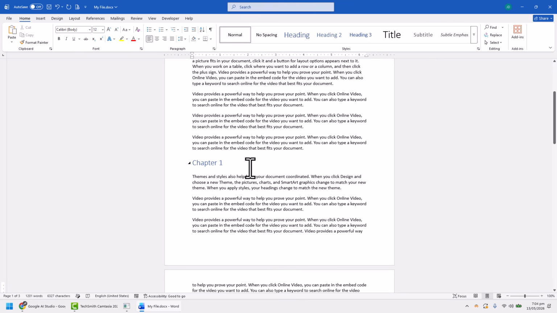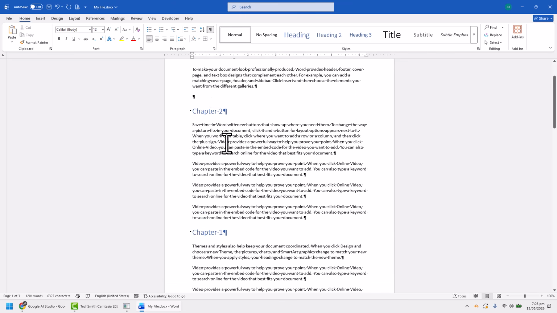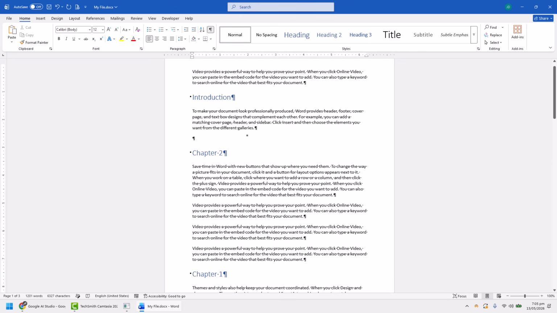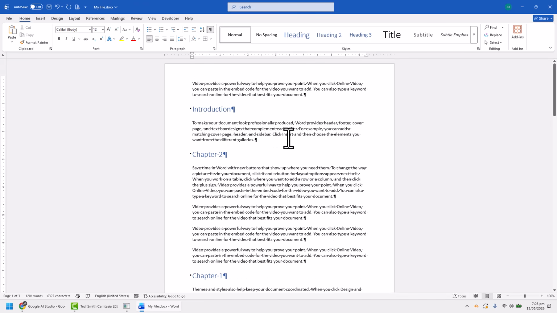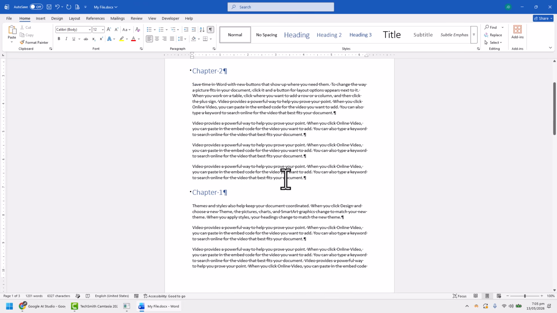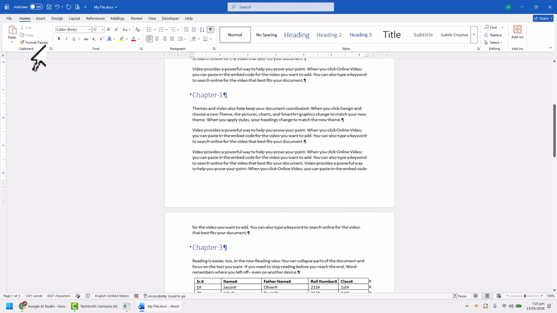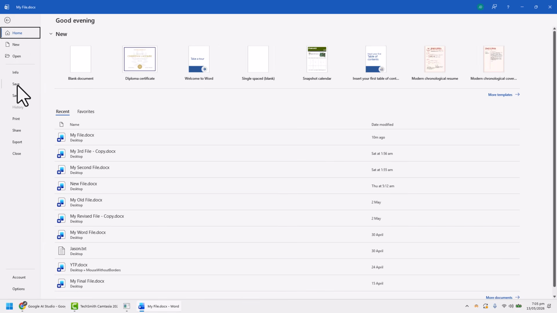One important tip for beginners is to turn on the Show Hide option from the Home tab, which looks like a paragraph symbol. This helps you see extra spaces, page breaks, and paragraph marks, so you don't accidentally leave unwanted gaps when moving content. Also, always save your document before making big changes so you can go back if something